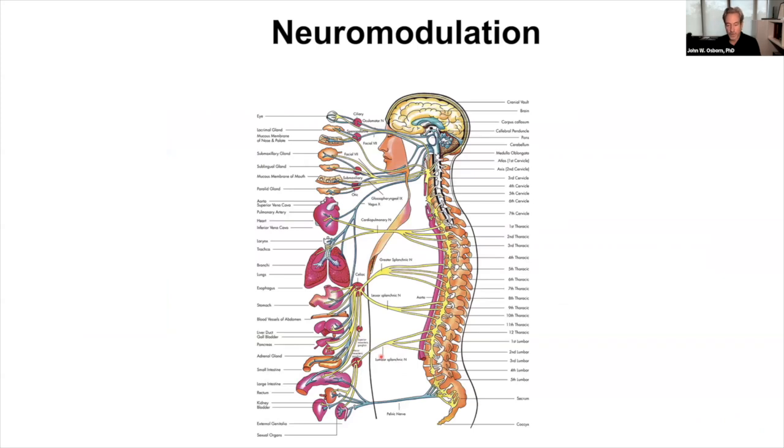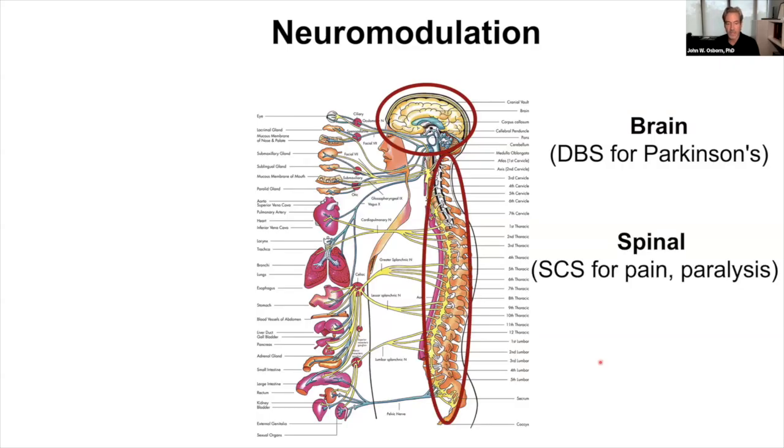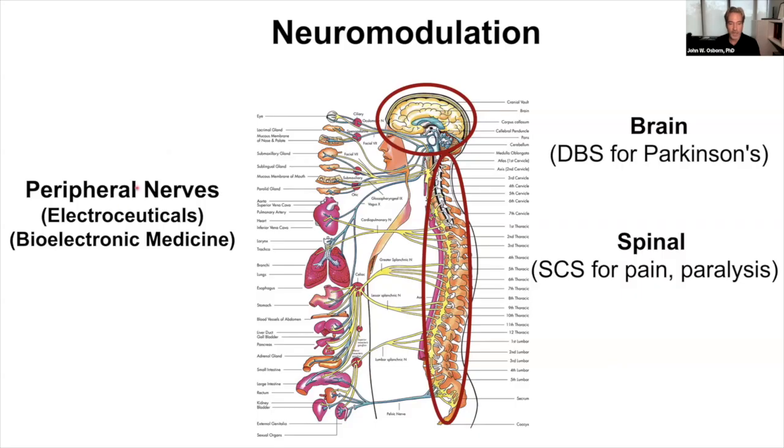So I'm going to do some very general, quick intro slides here. I know everybody's on the same page with this, but just to get us off on the same track. Now, typically, when we talk about neuromodulation, we talk about deep brain stimulation, for example, for Parkinson's, spinal cord for pain and paralysis. And the whole SPARC program is really about going after these peripheral nerves, sometimes in a very organ-specific way, of the autonomic nervous system, right? So both the sympathetic and parasympathetic system.